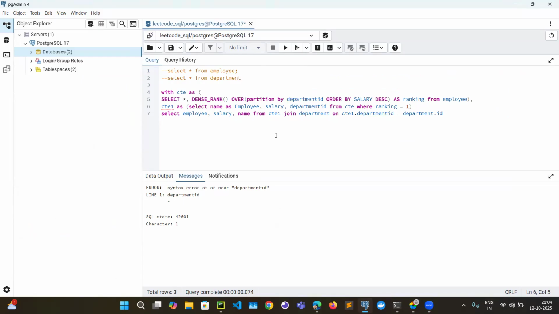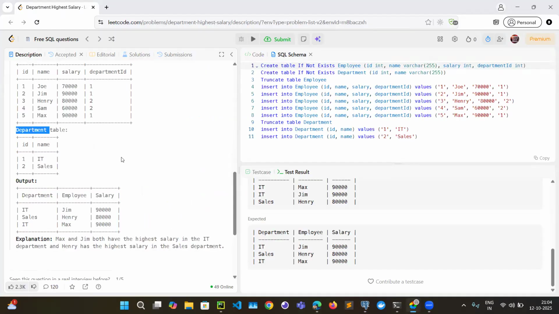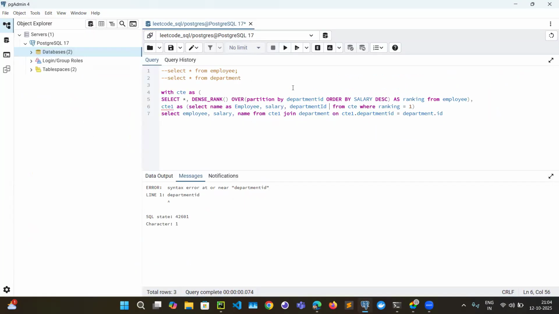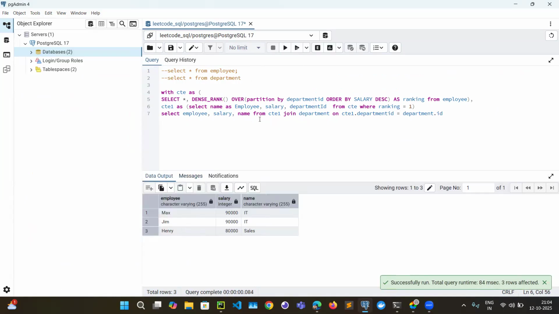what's wrong? Syntax error near the department ID. City one. Something's wrong. Let me copy this. Department ID. Let me run that. Yeah, maybe some column name is wrong. Okay, so we have done that. So now